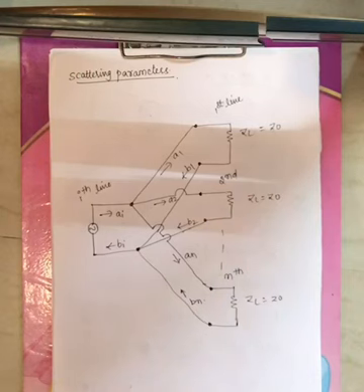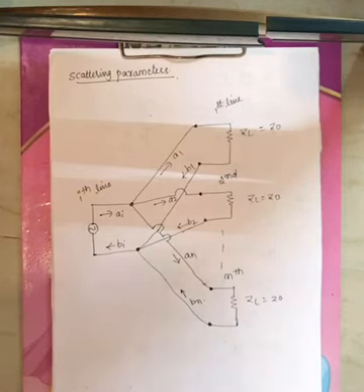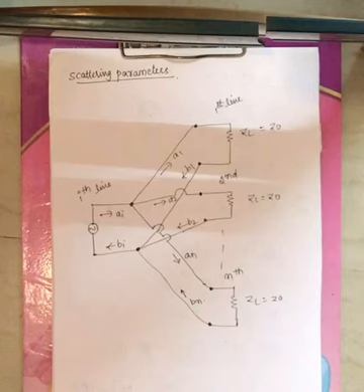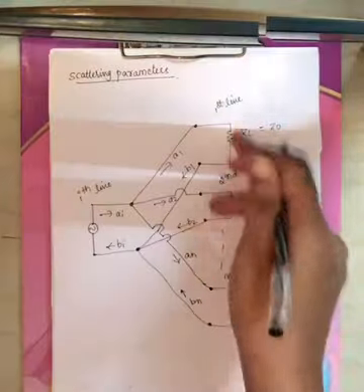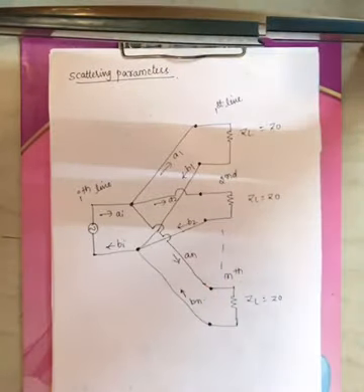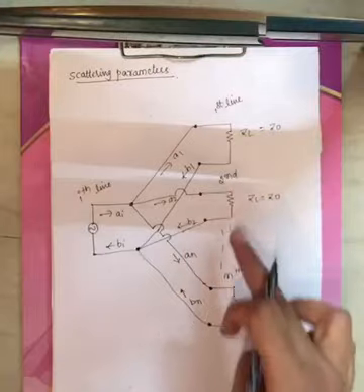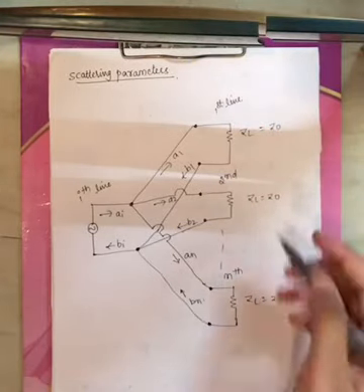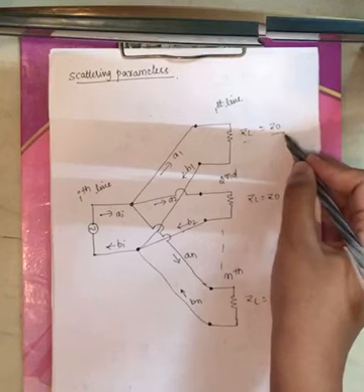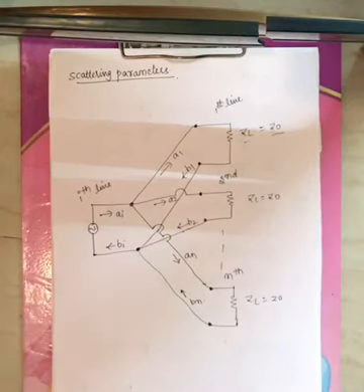Now let me define the relation between input power and output power, nothing but incident power and reflected power, using this diagram. Consider this diagram. These are your n ports, nothing but n number of transmission lines. Consider these transmission lines, where you know the load impedance ZL and characteristic impedance Z0. When ZL equals Z0, there won't be any reflections. When ZL is not equal to Z0, there will be some reflection.